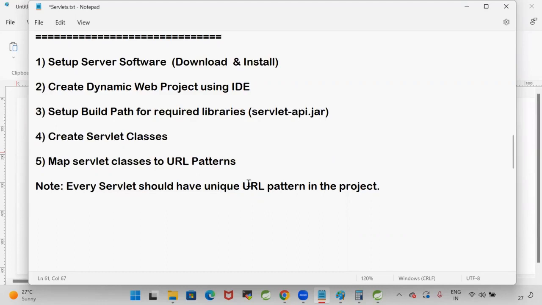Then create servlet classes. Whatever servlets are required, we need to create those servlet classes. How many servlets can we create in a project? Multiple, like login servlet, registration servlet, forget password. You can create any number of servlets in the project. And when you create a servlet, every servlet should have a URL, because when you go for any web application,